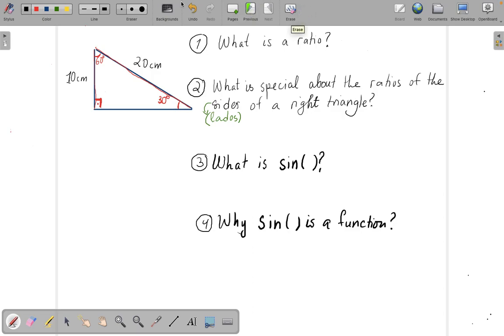We will start by remembering what is a ratio. A ratio is a comparison of two quantities. So if I compare the sides of a right triangle, si estoy comparando los lados de un triángulo recto, it's called a ratio. So I can create a ratio here where I compare la hipotenusa de este triángulo recto,